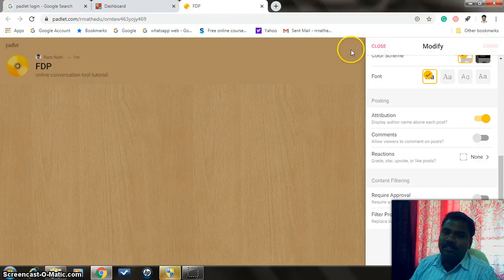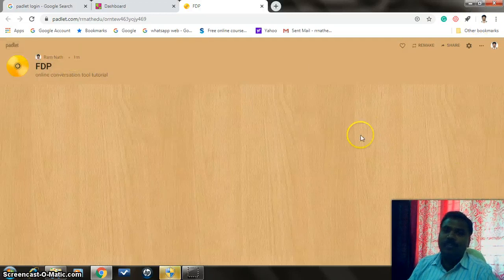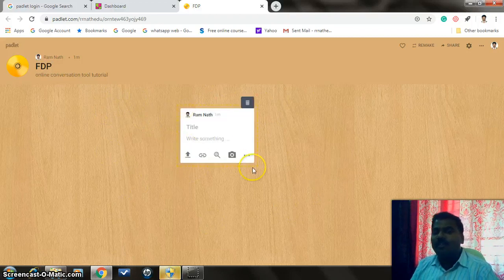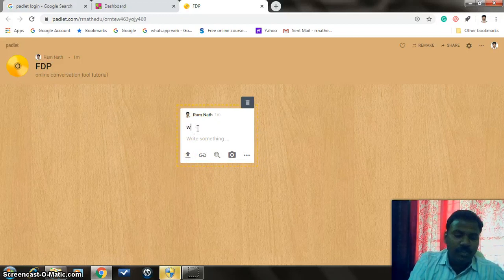After moving everything, you can go for save. After saving this, you can come back. Now your wall has appeared like this. Once this wall is there, if you place a cursor anywhere and double click, a new conversation post will be available. For example, a title: what is MOOC?